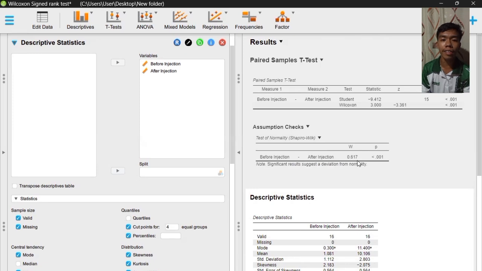A Wilcoxon signed rank sum test indicated that the median of the water intake after the injection of hormone Y was statistically higher than the median of the water intake before the injection of the said hormone, with medians of 10.950 and 0.650 respectively. With our z again of negative 3.361 and a p-value which is less than 0.05.